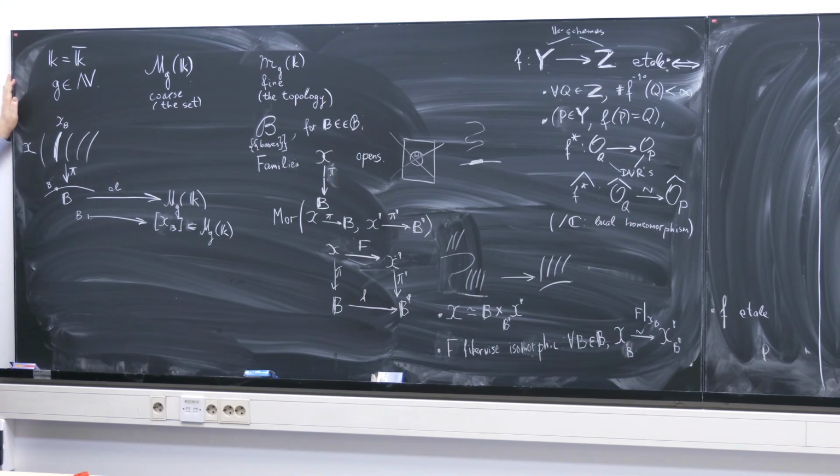So let me remind you that we have discussed the desirability of the moduli space of curves that would represent a family functor that associates to every base the set of classes of isomorphisms of families of it, but it does not exist,